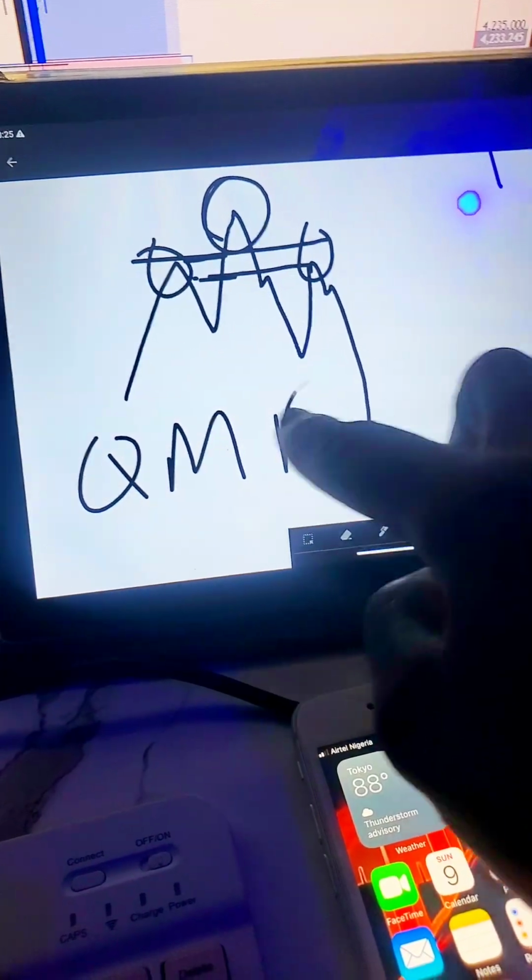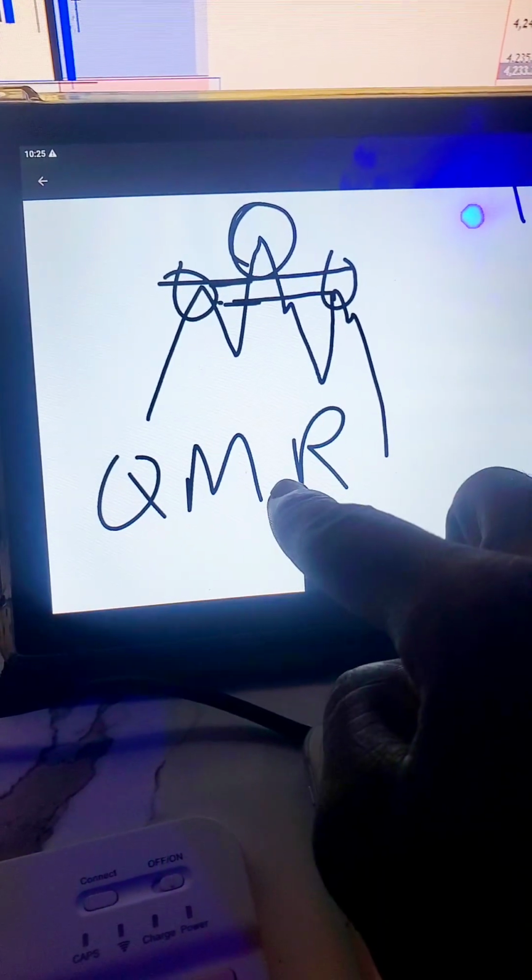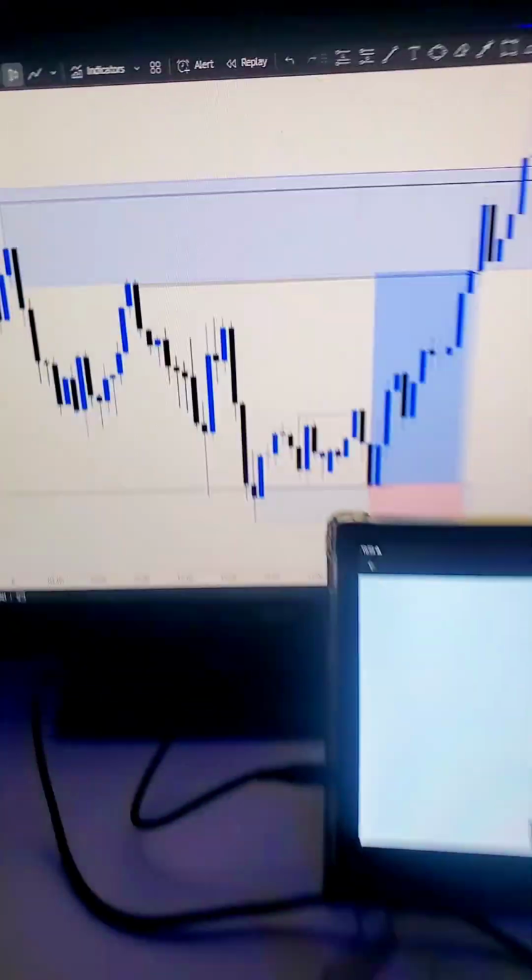QMR. QMR is a reversal chart pattern. This is my chart. Now let me briefly show you what it means here. For QMR, this is your QMR. Let's assume you have a particular